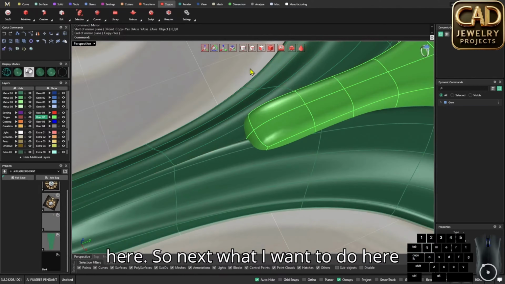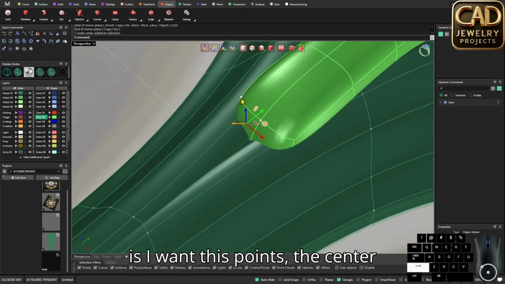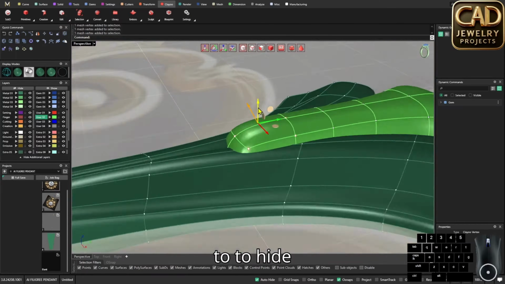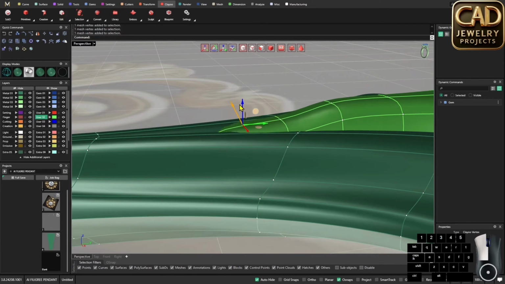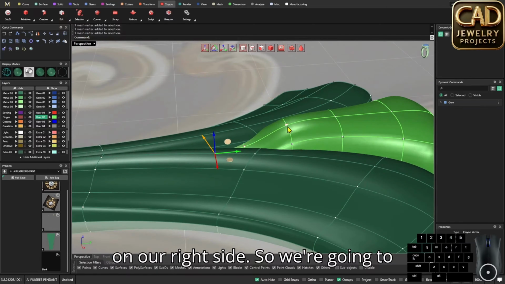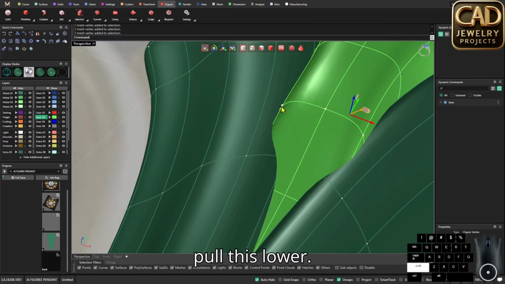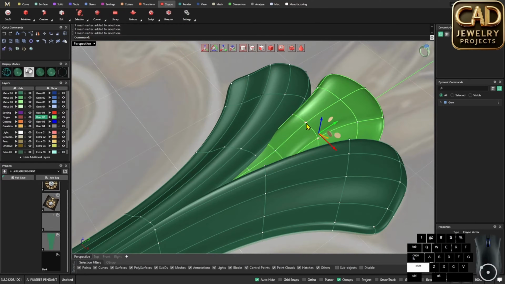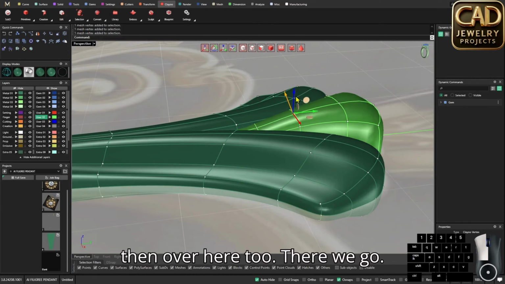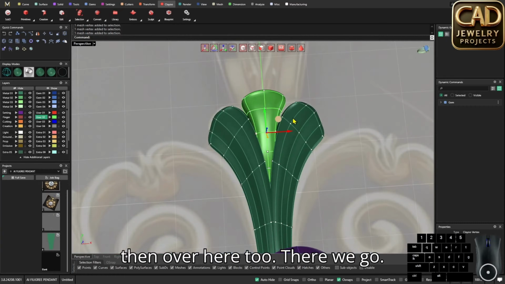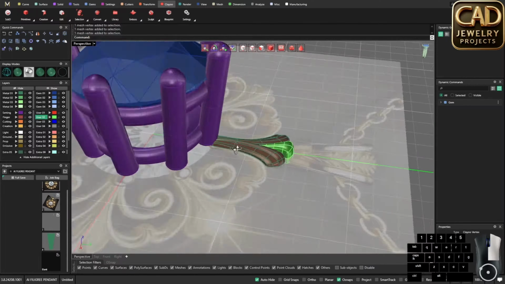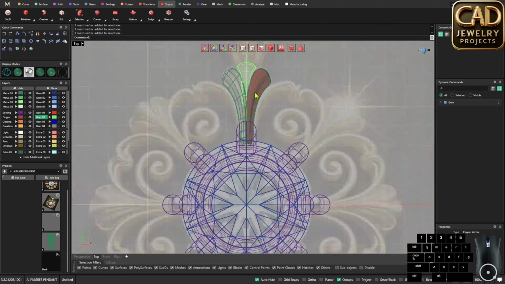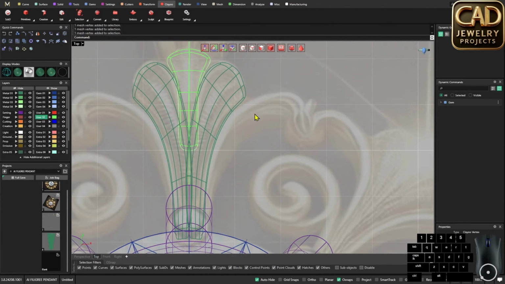So next, what I want to do here is I want these points, the center points, to hide on our right side. So we're gonna pull this lower. Okay, there you go. And then over here too. There we go. All right. So from here, we can now create